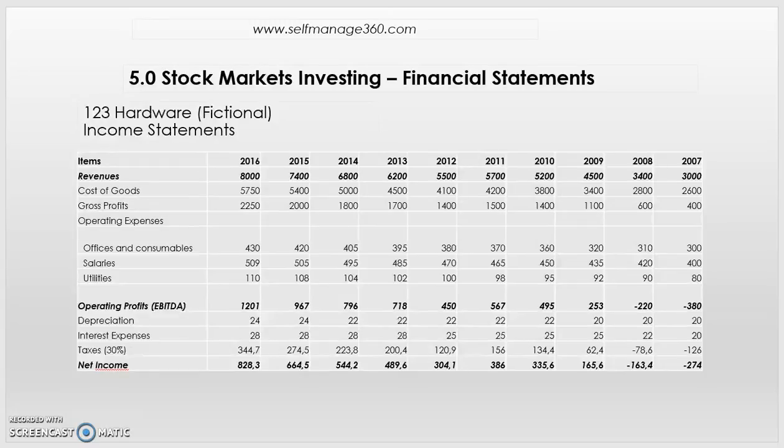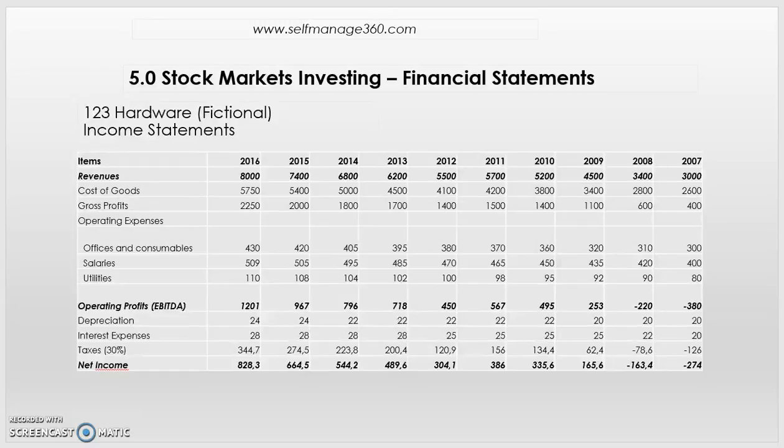So here on the screen, I have created an income statement of a fictional company, just for the purpose of discussion. Financial statements are normally published for each year, so you will only have the information for 2011 in the 2011 annual report. So you need to open a bunch of annual reports to be able to build such a table. It's a bit time consuming, but once it's done, the goal is to put them in the same table,